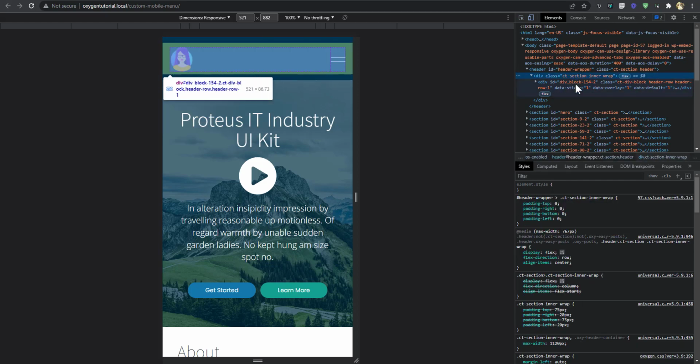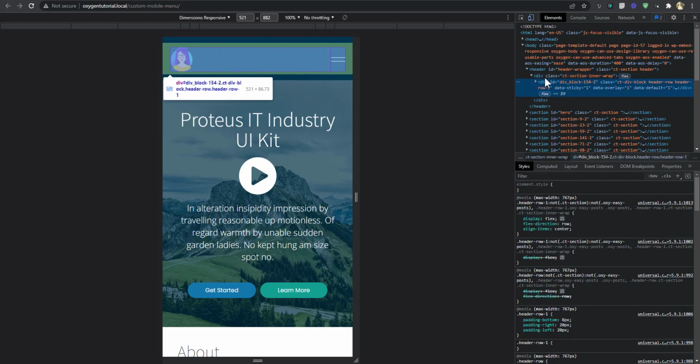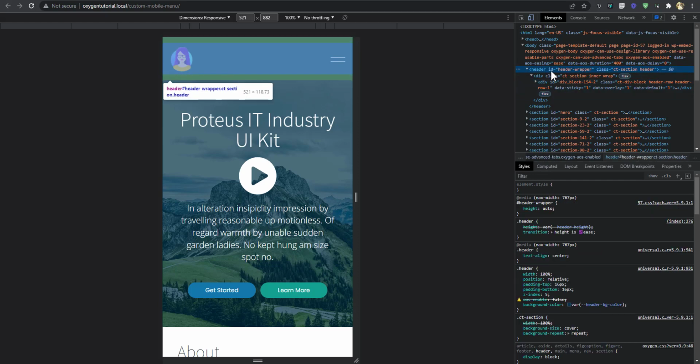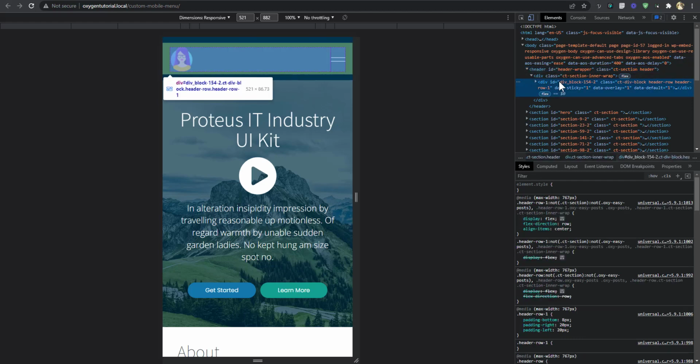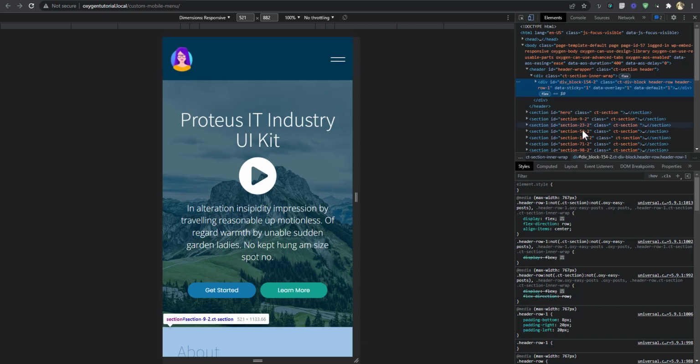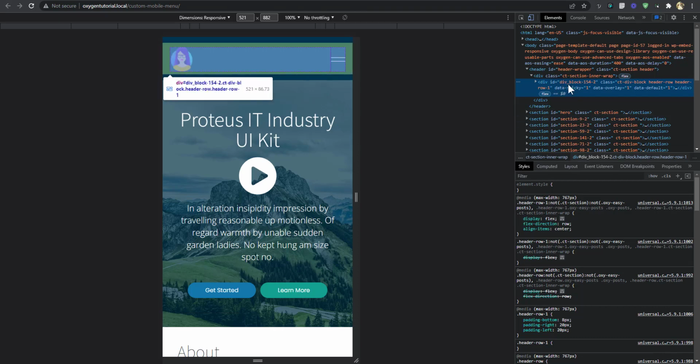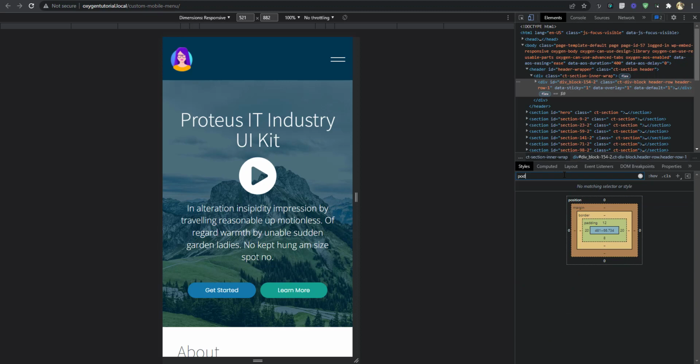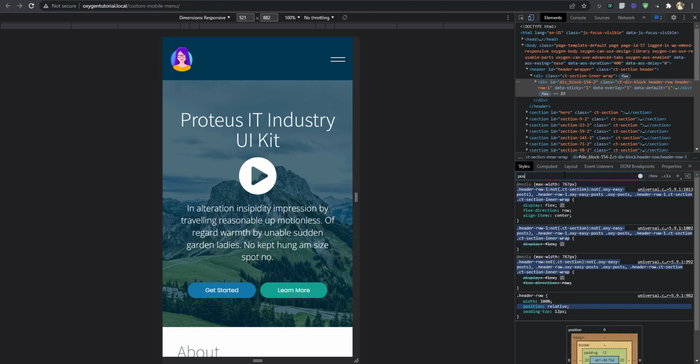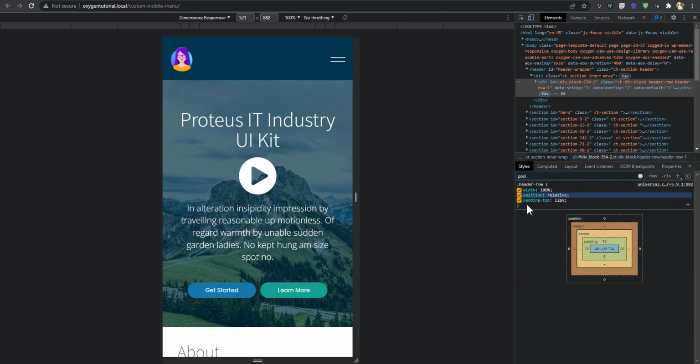So that's the header row, and the header. Is the header row also position relative? Okay, it's also position relative.